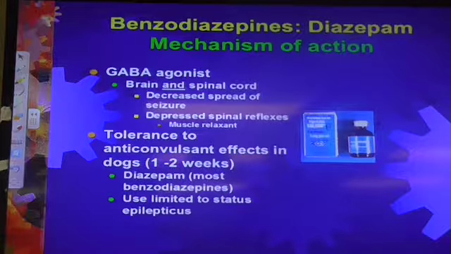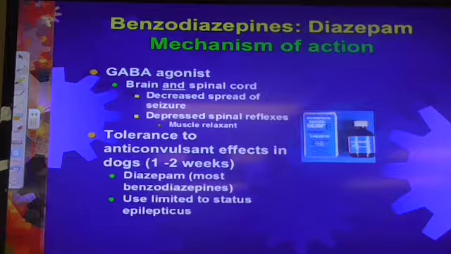And those of you that have unobstructed tomcats may know that. We use diazepam sometimes to relax that urinary sphincter muscle. So that's a good thing, because if we have an animal in status, not only can we potentially have CNS effects and stop the seizure, but if we have skeletal muscle relaxation, that helps prevent the hyperthermia that can be killing these animals as well. So I think that's one of the reasons that diazepam, or benzodiazepines in general, are first choice anti-epileptics for emergency situations.